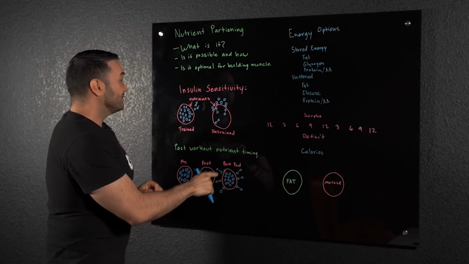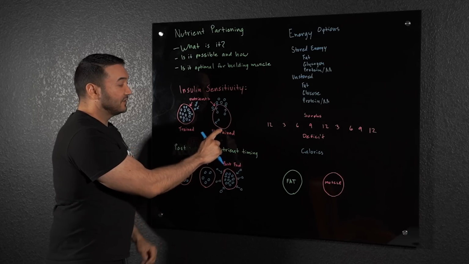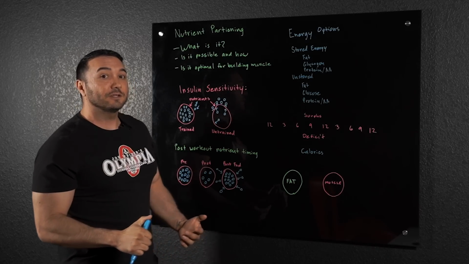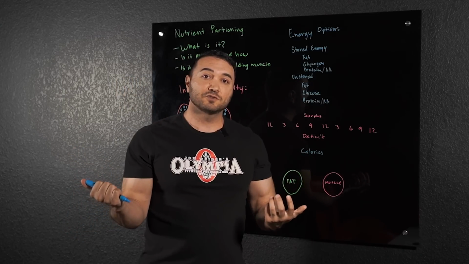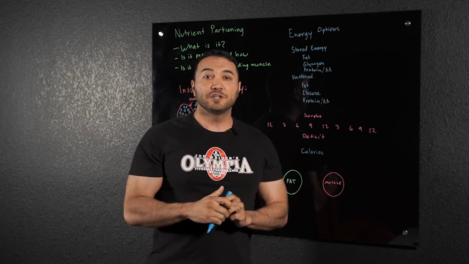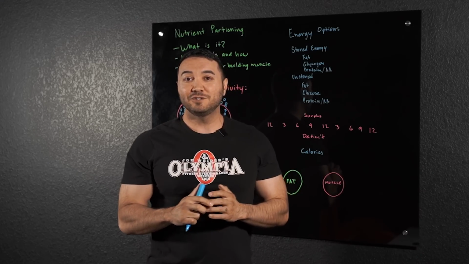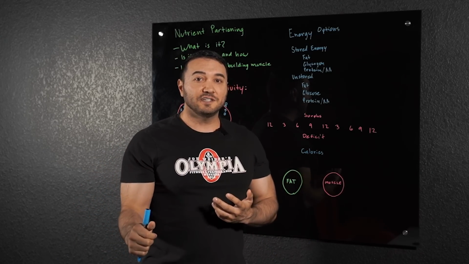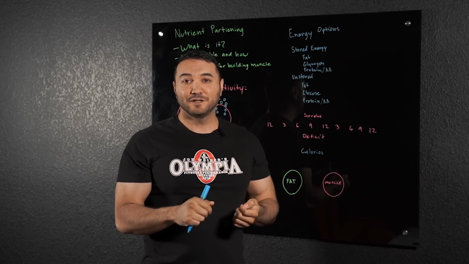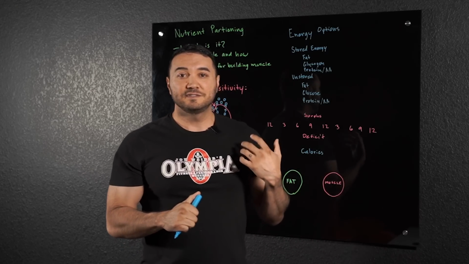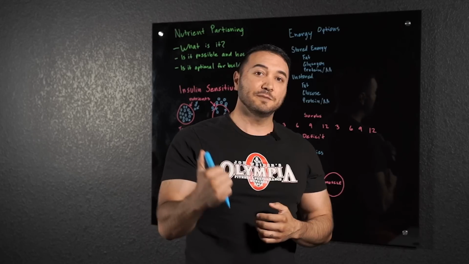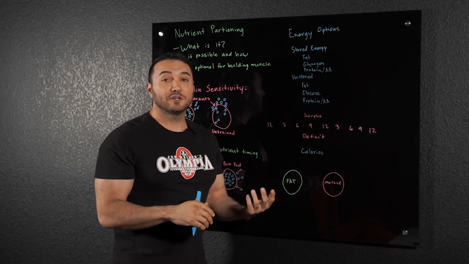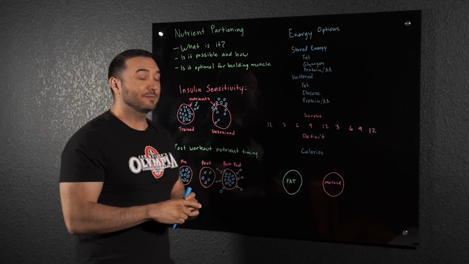So let's go ahead and look at this muscle here as an untrained muscle. You see there's very little glycogen stored in that muscle. Why? Well, there's very little need for a lot of stored glycogen in that muscle. You're not using it to be explosive. You're not using it to use a lot of energy. You're not using it to do bicep curls very often. You rarely use it. You're on the couch, you're typing, you're on your phone, right? That's the untrained, typical sedentary person who has no need for a lot of glucose in the muscle cell, because why would you need it if you're not going to be using it?